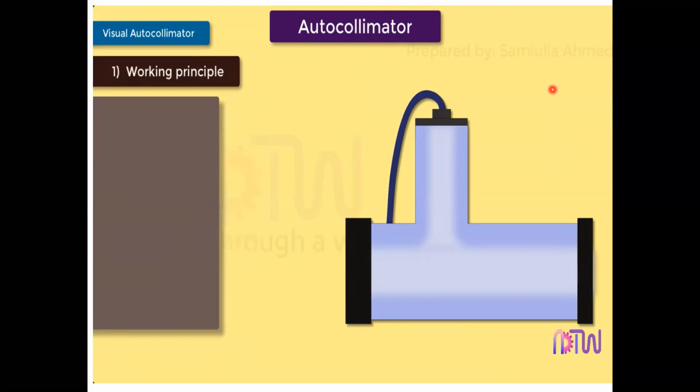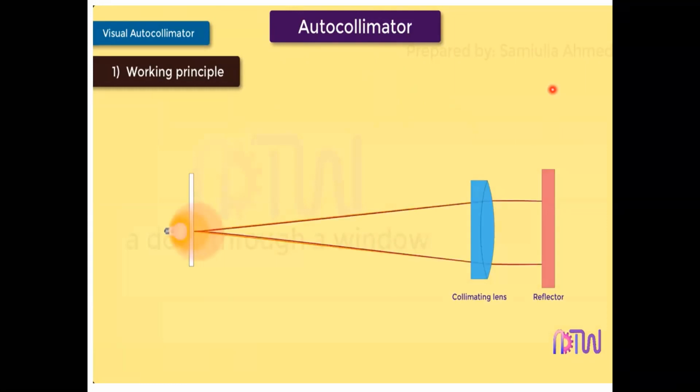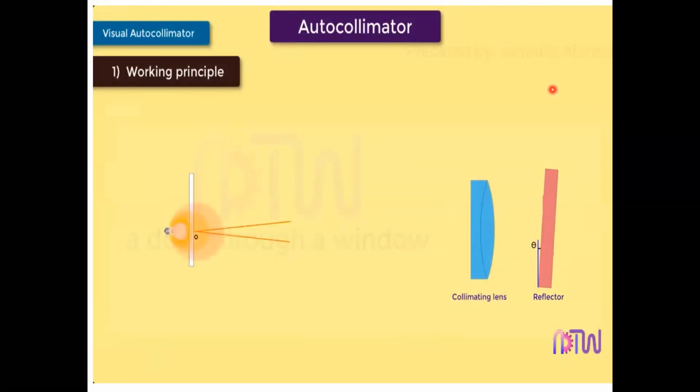Working principle. A light ray passing from a collimating lens strikes a plane reflector and gets reflected back in the same path. This happens only if the plane reflector is perpendicular to the incident rays. In this case, the reflected rays fall at the same point from where they were projected, that is at point O. If the reflector or the surface is at an angle theta, in this case the incident rays are reflected at angle 2 theta, and the reflected rays